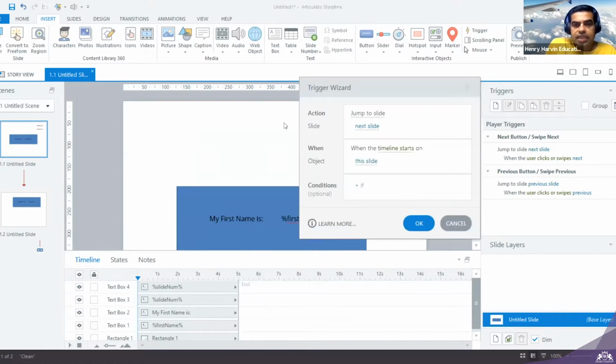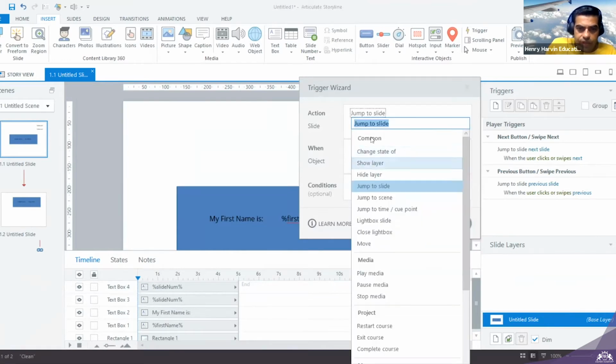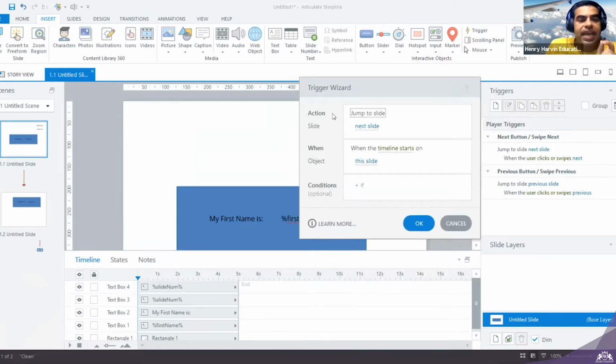So here, if I click, this is known as an action. So what is the action? Action means what I want to do. This is a slide, and when do you want to do it? I will show you an example also.